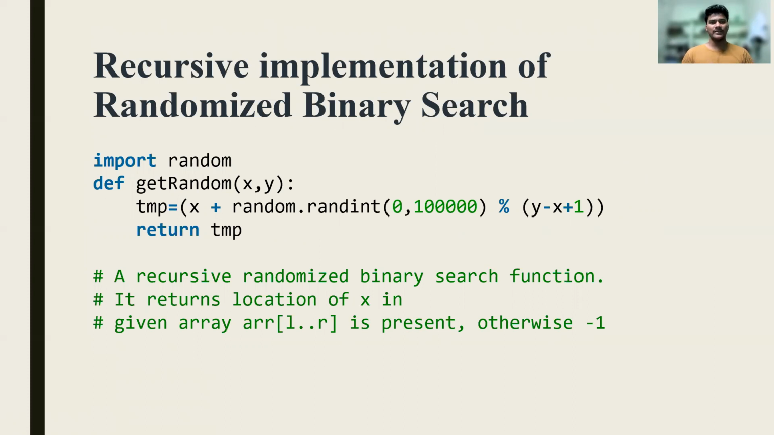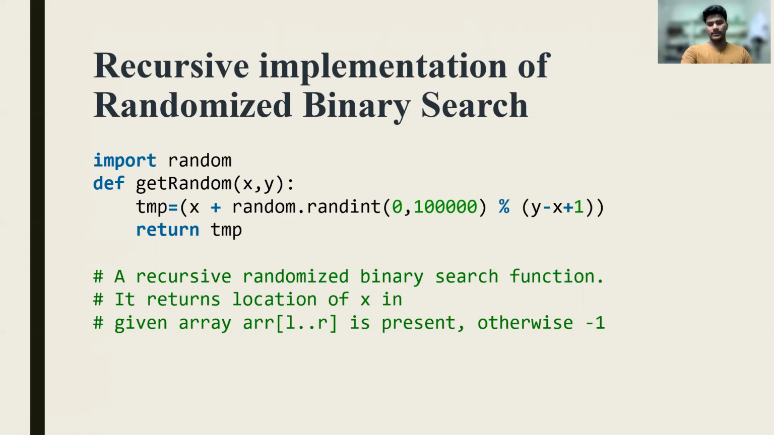Here we'll go with the code, which is the implementation of randomized binary search. First we import random, which is used to get a random number within a given range. So first we have to define a function to get the random number. We have created a random function, getRandom(x, y). Now we take a temporary variable tmp equal to x plus random.randint(0, 100000). Here random.randint is the syntax used to get a random number between the given range,